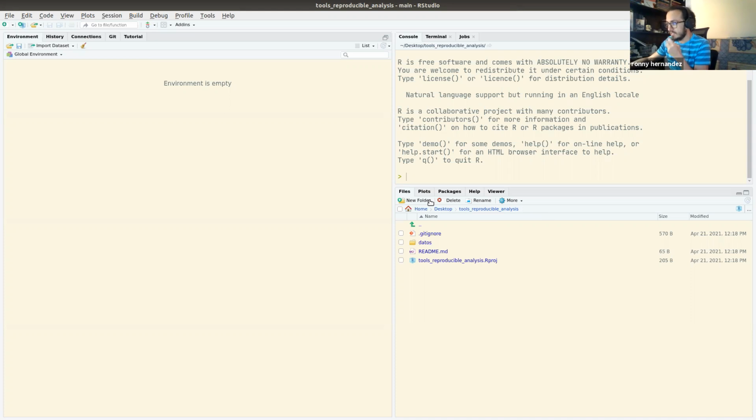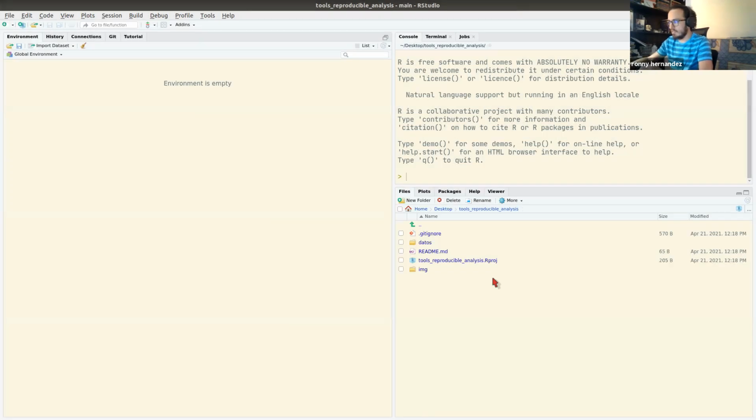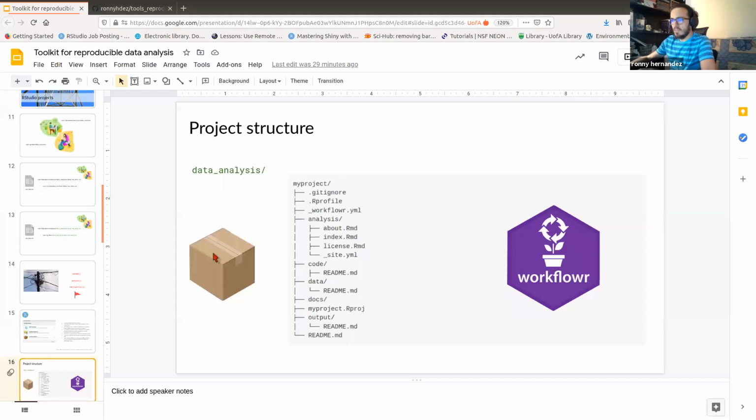So we just have the first step of our data structure. Let's say that if I'm going to save some images, I'm going to create a folder that says image, and I'm going to leave that over there, and that's it. I'm going to explain what is an R Markdown file. So now that I have this,